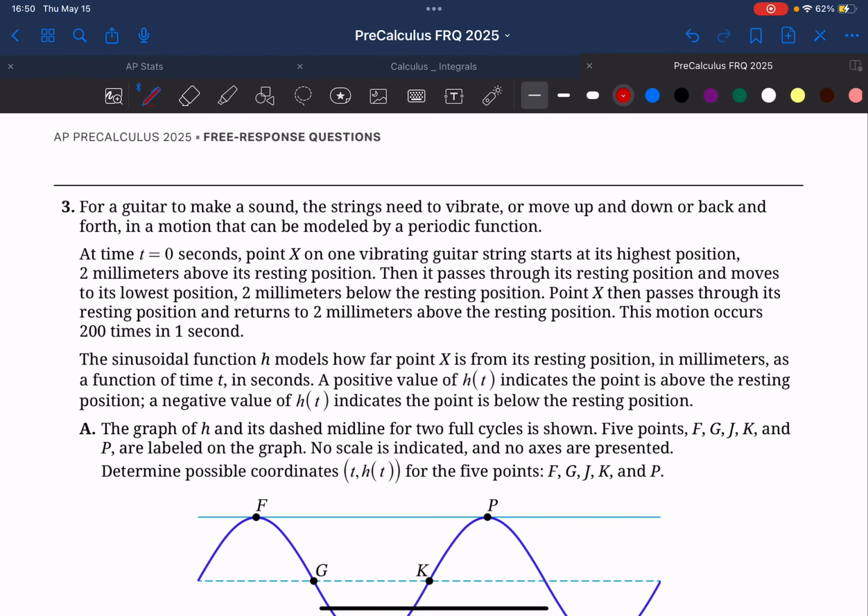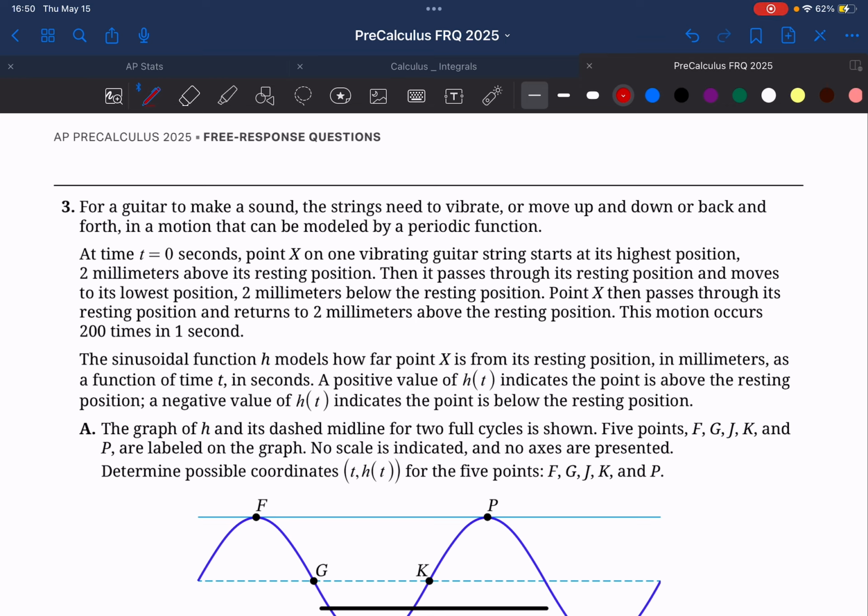Okay, this is AP PreCalculus 2025 FRQ question number 3. This is going to be my sample answer and how I would answer the problem if I had to do so. So first we are going to read the problem. So it says, for a guitar to make a sound, the string needs to vibrate or move